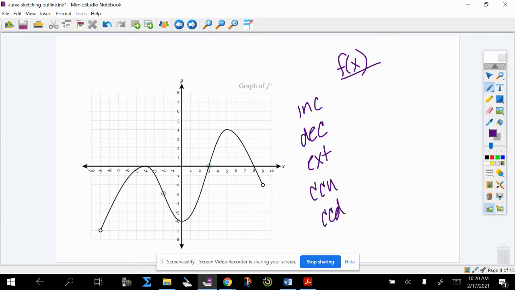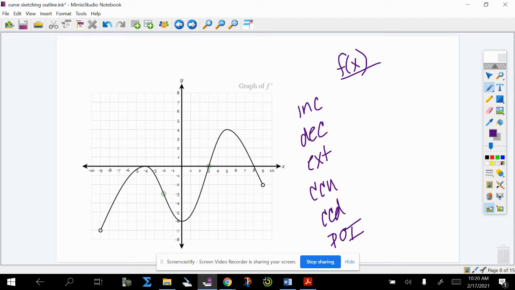So if you are given a first derivative graph, you can actually find 6 different things about the original function. No AP question is going to ask you to find all 6, but they kind of pick and choose which ones they want you to do. So first, if you're looking for when the original is increasing, you're looking for when the graph of the derivative